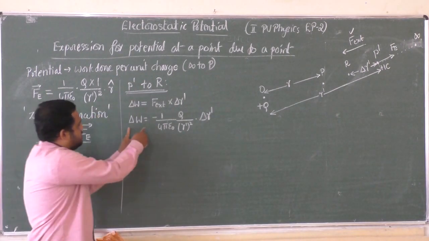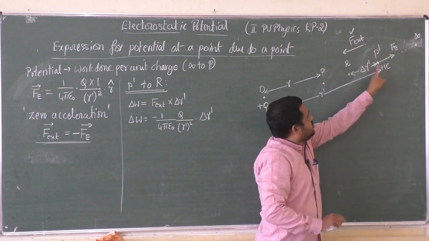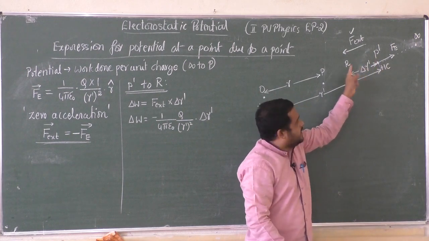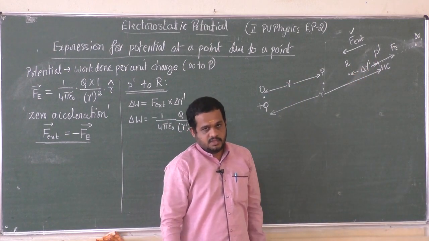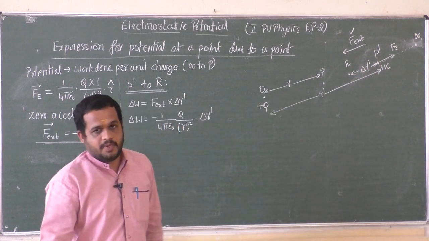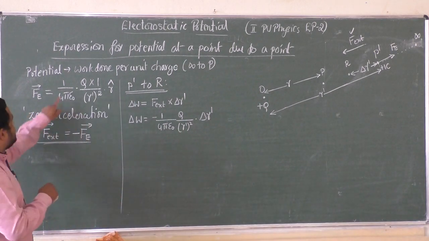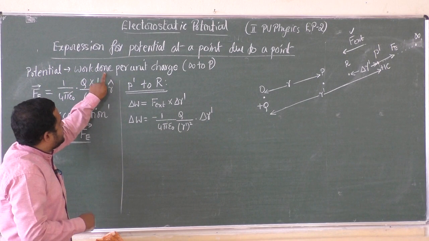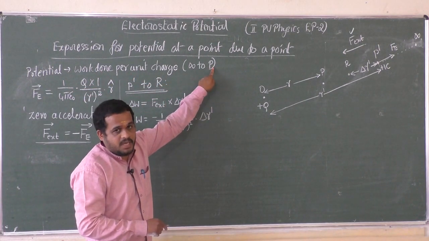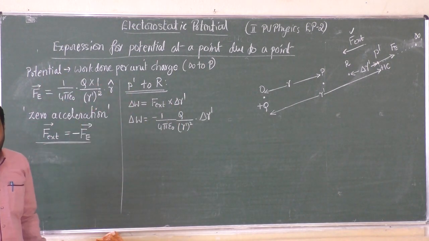Now what is this quantity? It is the amount of work done by shifting unit positive charge from point P dash to point R against the electric field. We considered a small part of its journey from infinity to point P. Now actually we want to get an expression for the amount of work done per unit charge between the points infinity and point P, and that work done itself represents the electric potential at point P.